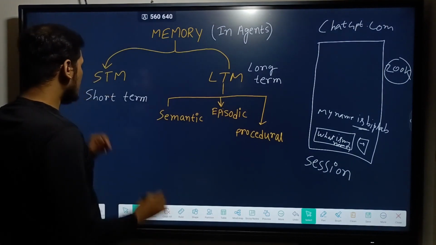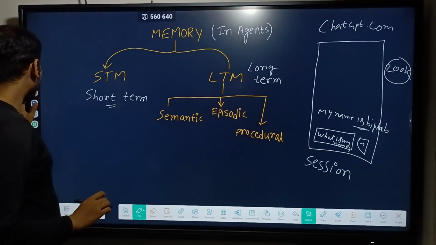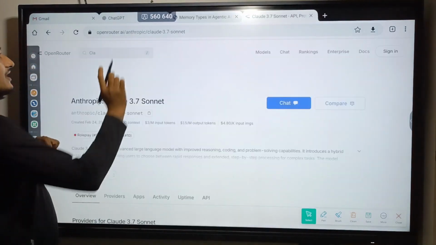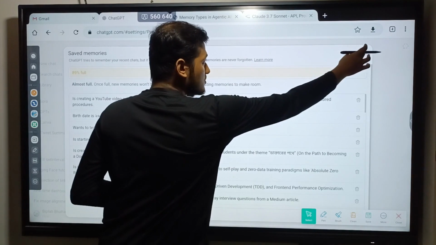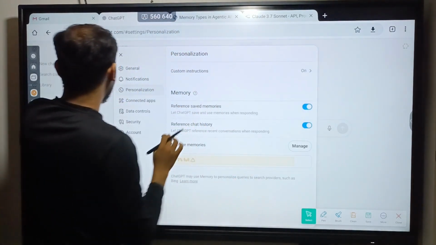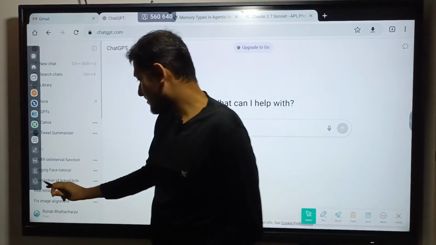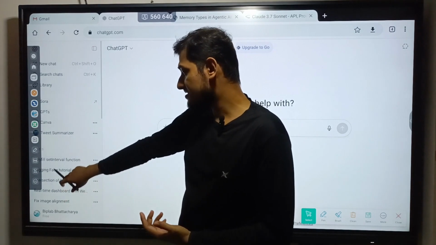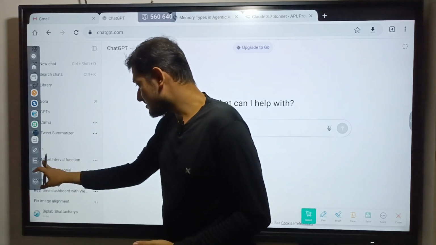In case of the short term memory, the session concept is important. Why? If I take you to ChatGPT again, then you will understand. So this is our ChatGPT. On the left hand side you will see the past history of my chats. Now all of these chats